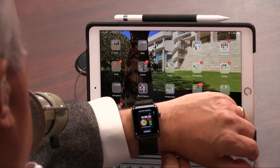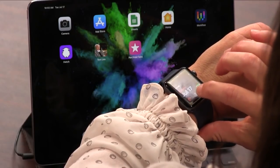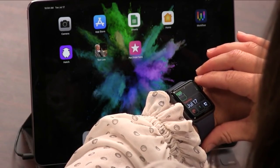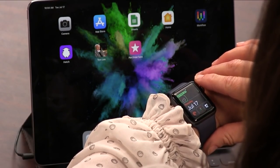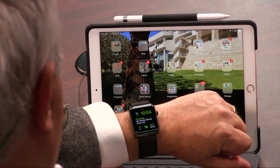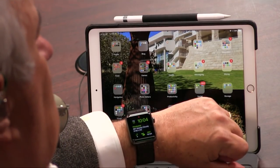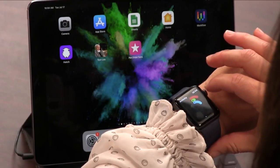I'm surprised you don't use the Activity digital face. Well, I normally have the workout as one of my complications. Yeah. So that's why, because I do have the Activity and workout as one of my complications. So you can change that. Yeah, complications are really key. Yeah, I think I never really am sure which complication to put on there. That's one thing Modular really helps you with. But you're right. The number one app that should be on there probably is Activities, isn't it? Yeah. Well, yeah. Because I don't need to see it big. I have other complications. So I have the Activity there, so I can just tap that and see how behind I am on all my rings and see how